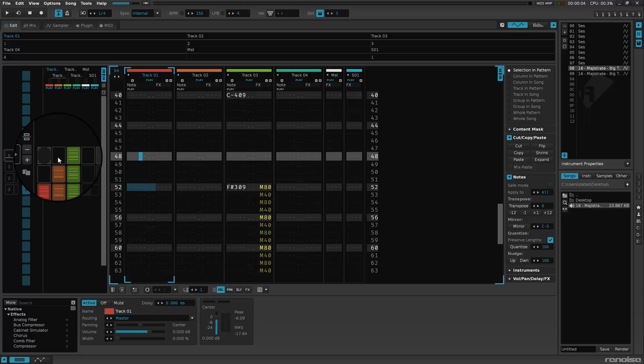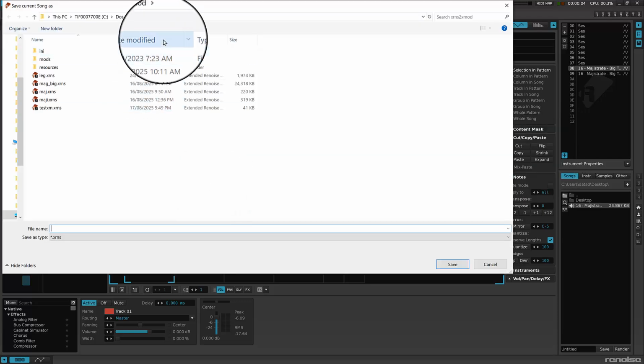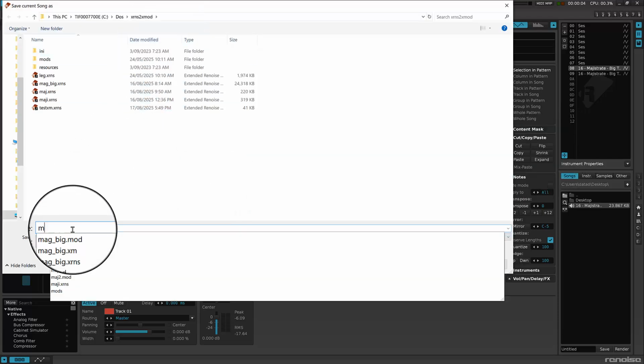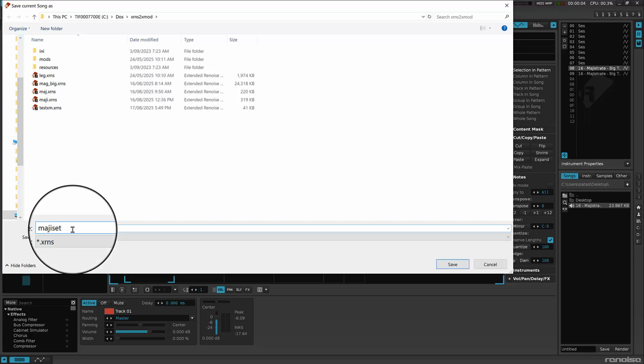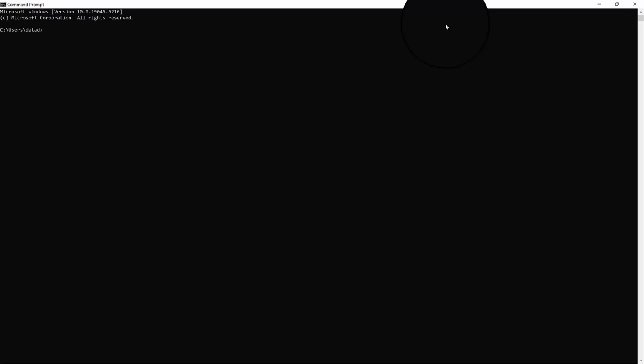But as a final bonus, I'll just show you one last trick. So we're just going to go File, Save As. We'll just save song. And I'm going to call this one Magi Set. Okay, and then I'm going to close this. Right now I'm in command prompt, and I'm just going to use this tool called XRNS. You can look this up, 2XMOD. Okay, and then I'm just going to write XRNS to XMOD shell, because it's like in the command prompt, and